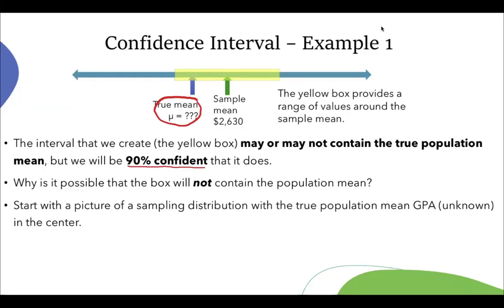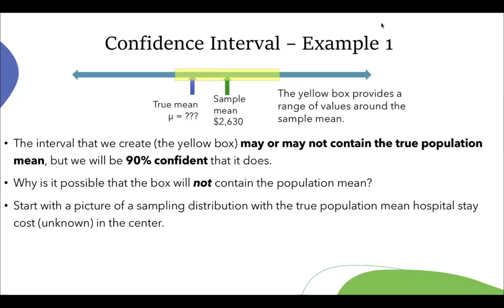Let's start with a picture of the sampling distribution, and let's have the true population mean. That's not GPA, that is hospital stay cost. Just a minute. Okay, start with a picture of the sampling distribution with the true population mean hospital stay cost, which is unknown,